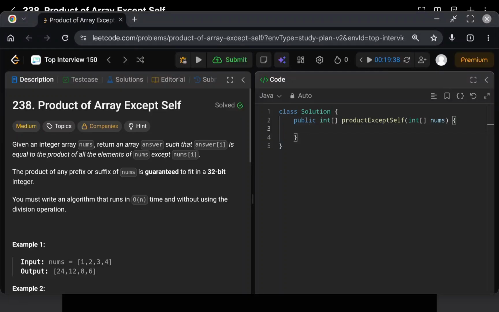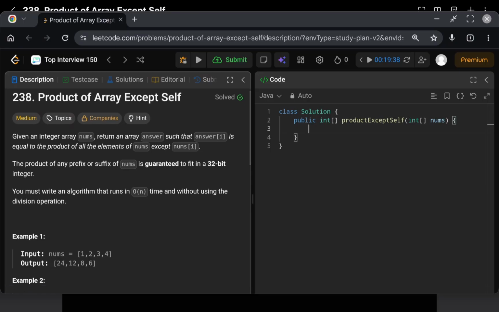Hello everyone. So today we are going to solve this Leetcode question number 238, which says product of array except self. So let's go through the problem statement quickly and understand. So we are given an integer array nums and we have to return an array answer such that the answer